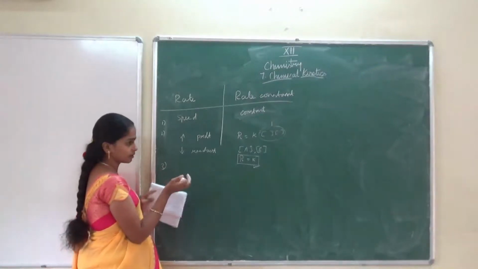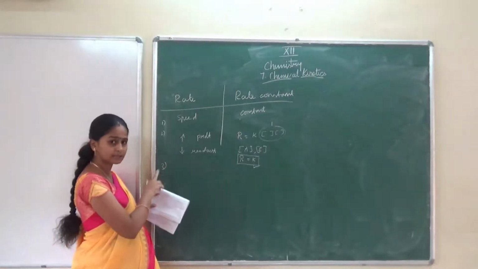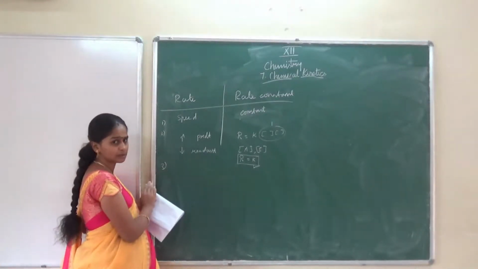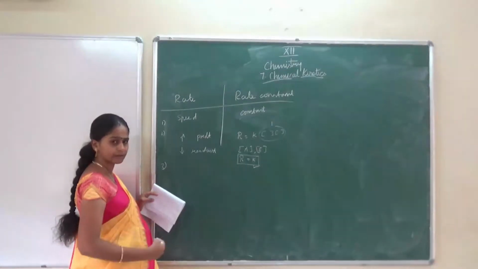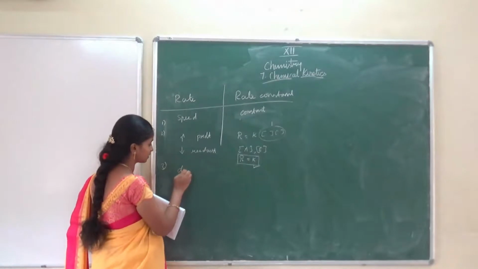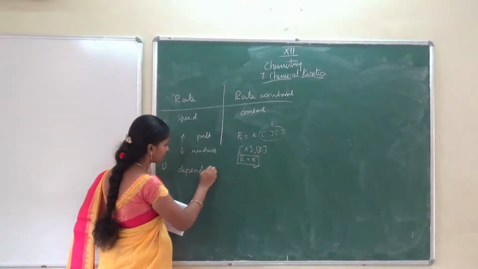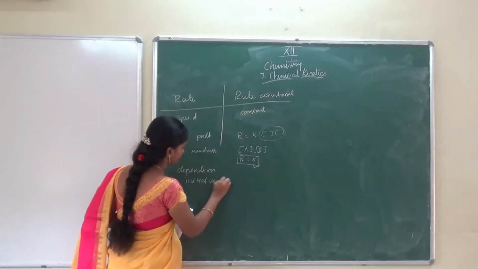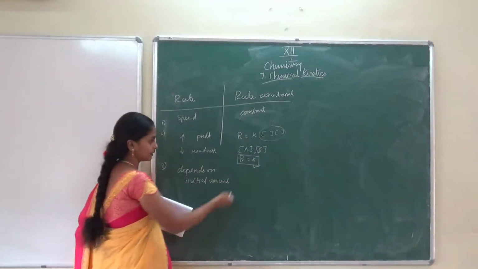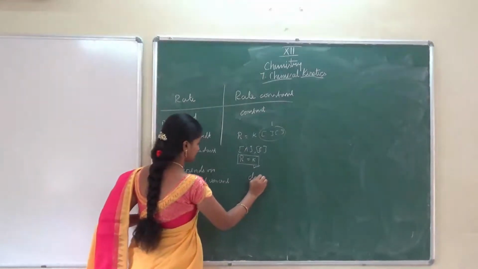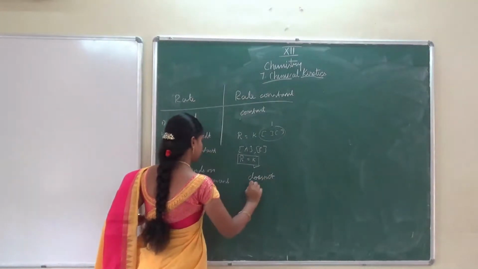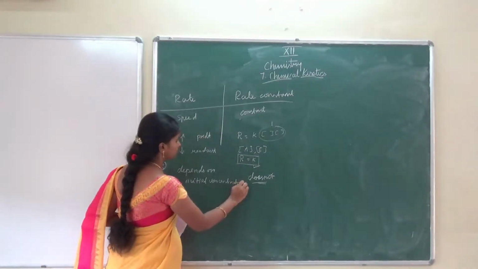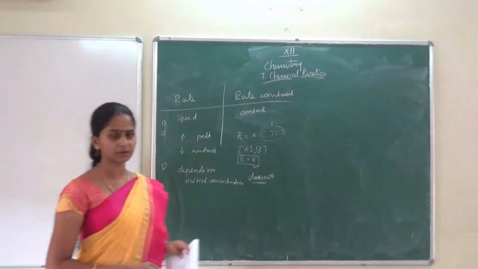Because in order to find this rate, we need the change in concentration, isn't it? The formula itself has the change in concentration. So we need the initial concentration. Then only for a regular interval of time can we find it. So it depends on initial concentration. But here, the rate constant is simply a constant. It does not depend on initial concentration. That's all. This is one 2 mark question, children. So mark it as a 2 mark question.